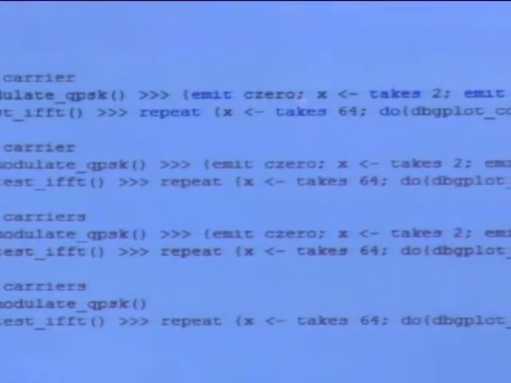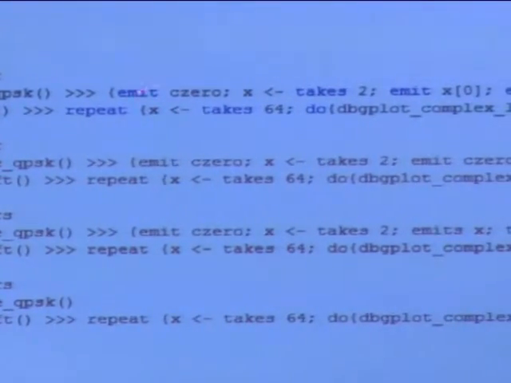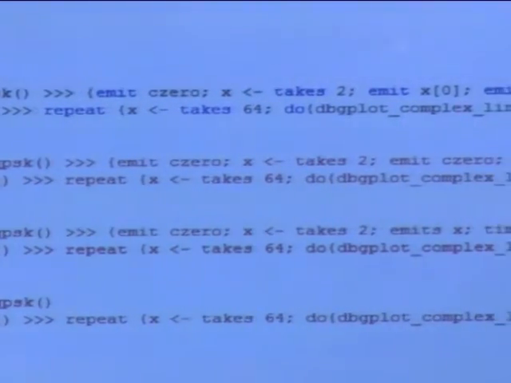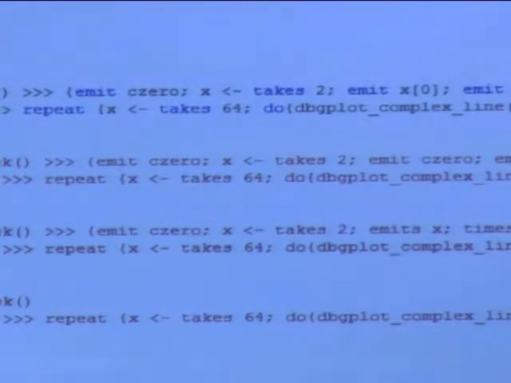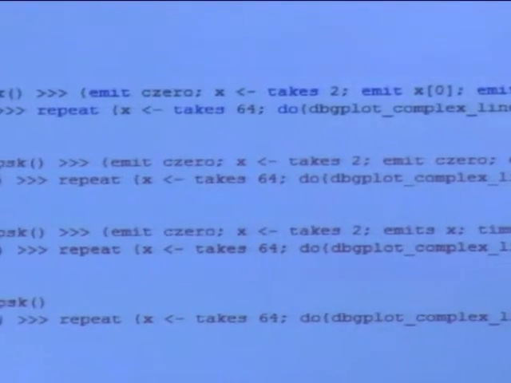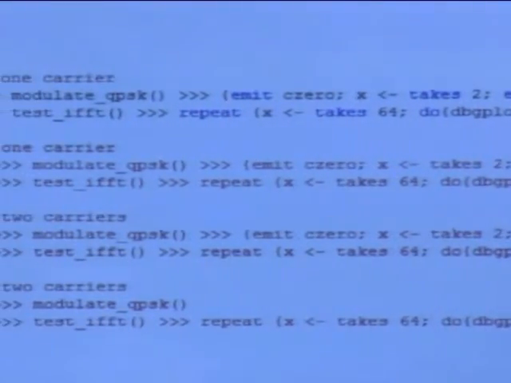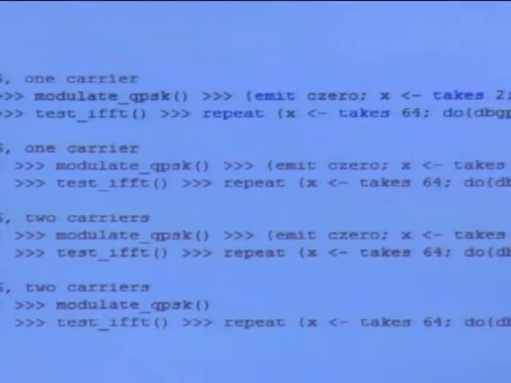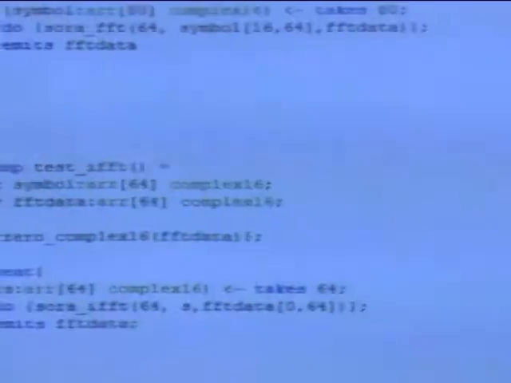So basically this C0 is a complex zero. I emit only one input from the actual signal and lots of zeros, to just create a simple sine, what OFDM would do. And then I do IFFT, right? And then I plot this. It's kind of as simple as that. And so how the FFT looks like,